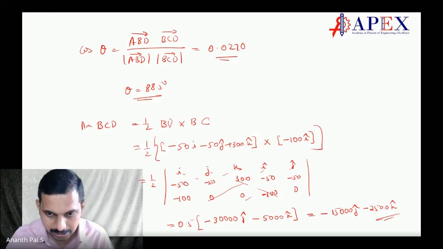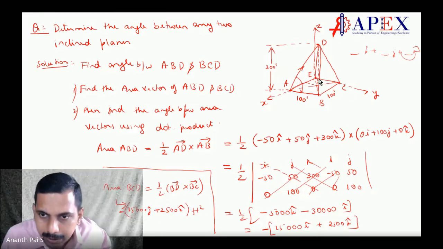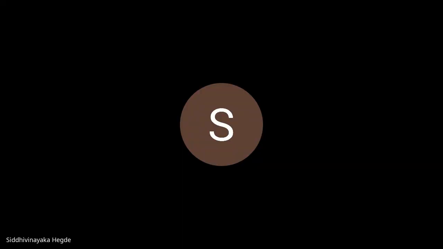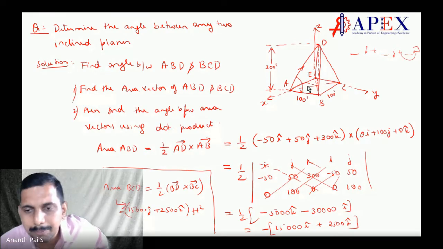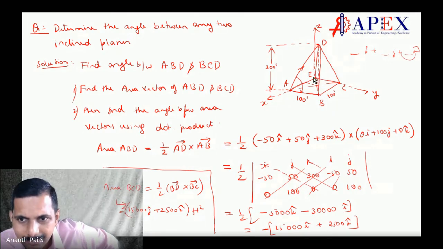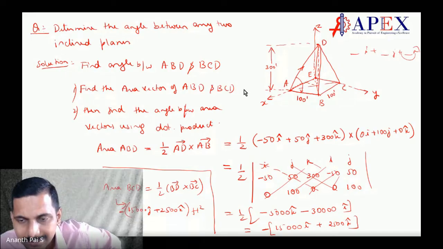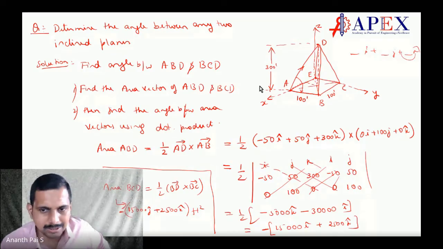Sir, we can write BD or BC as like EB minus ED. The vector BD can be written as ED minus EB. You're taking a parallelogram here. Yes, we can do that, no problem, but then it is a long way. You have to find the ED vector, then you have to find the EB vector, and the direction has to be consistent, correct? Yes, sir. So you can write it, no problem.